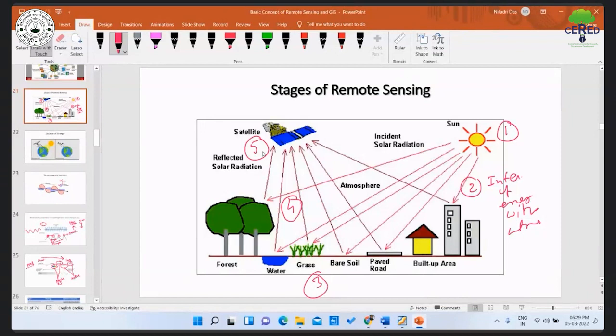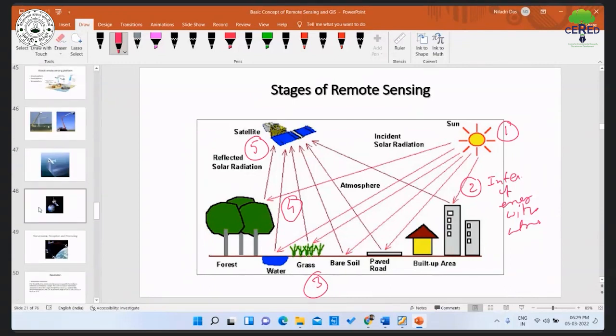So in a satellite sensor, what kind of data have we recorded? We have recorded the reflected energy data in the sensor. What reflected? The reflection from each and every object of the surface of the Earth we have recorded in the sensor. So after the energy is recorded, the sixth stage is, I'll show you,